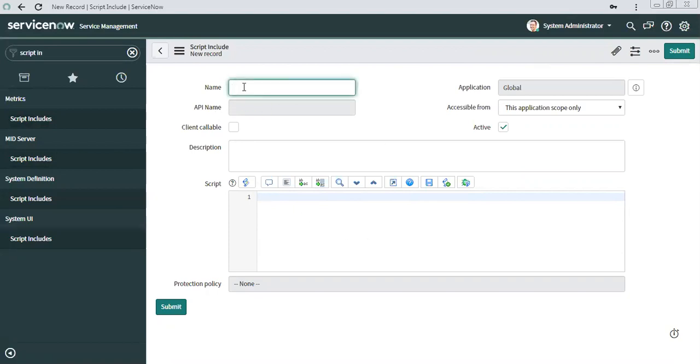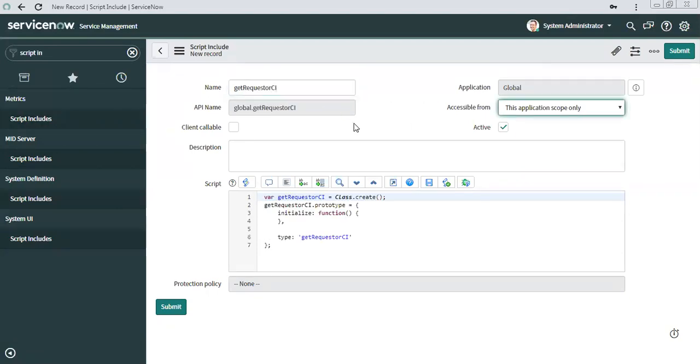So let's say you can give the name here like get managed by CI, get requester CI. And when you need to call script include from client, you need to make this client callable true.